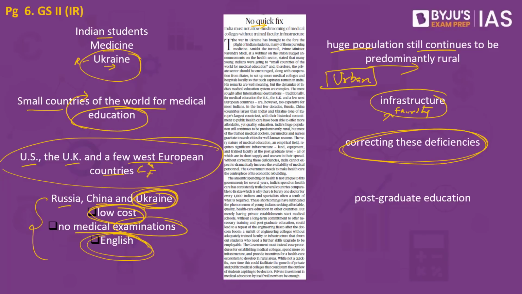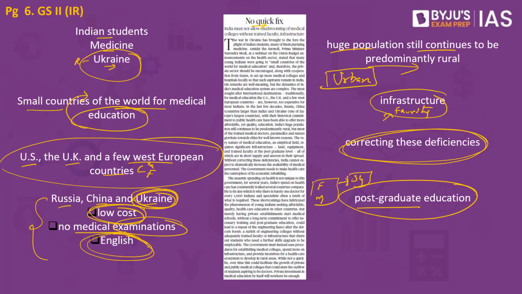Added to it, when we speak about engineering programs or medical programs in India, we have a huge number of colleges which support the undergraduate programs, but when it comes to postgraduate education, we do not have enough opportunities. So the article goes on to say that we have to focus on postgraduate education, increase the infrastructure for it, correct the issues existing in the system, and then speak about increasing the number of